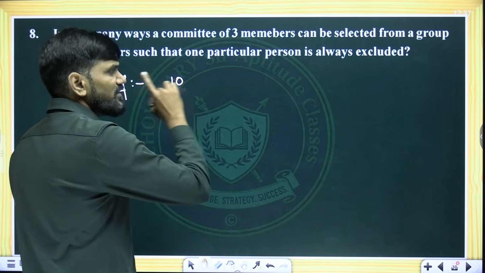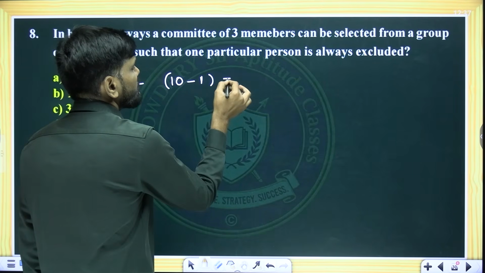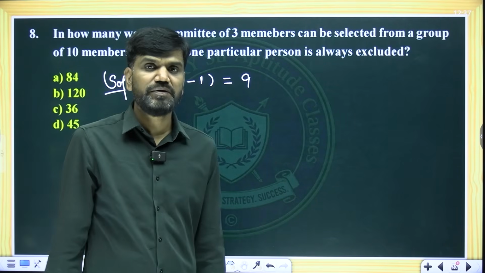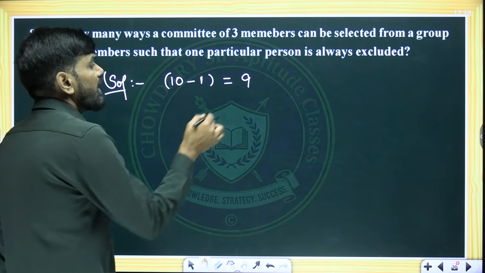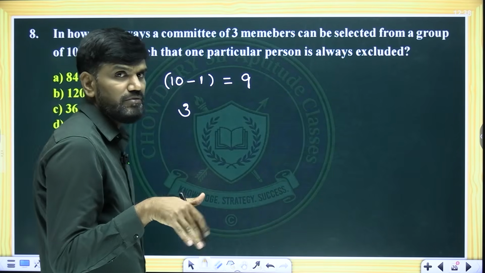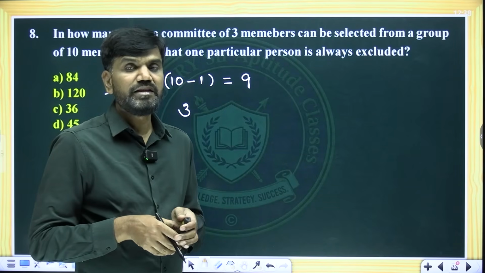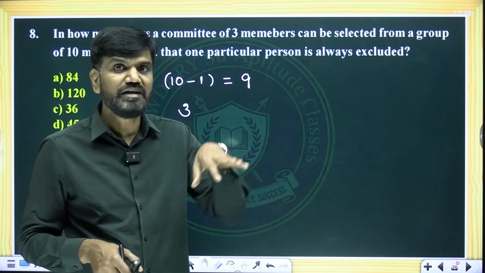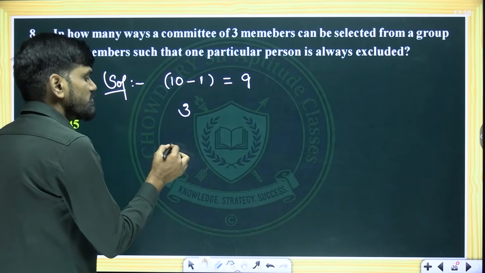As one particular person is always excluded, keep him aside. Now how many people do we have available for selection? Only 9 people. Even though 10 people are there, one fellow I cannot touch, so keep him aside. So I have only 9 people to choose from. I need to select how many people over here? 3 people. Is there any person who is already included? No. I just have a condition that one fellow should never be selected. That means you are free to select any 3, but not out of 10, only out of the remaining 9, because one fellow can never come. So you are free to select any 3 of them out of 9. Hence your answer has to be